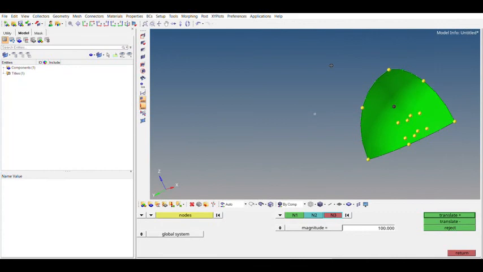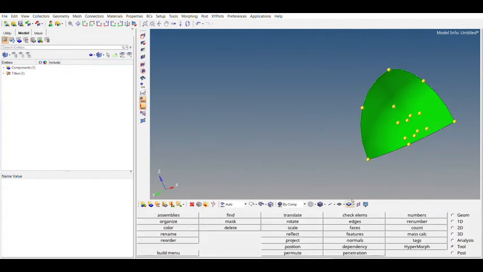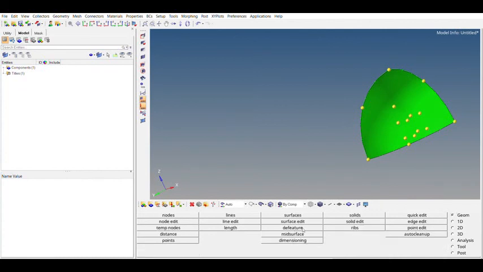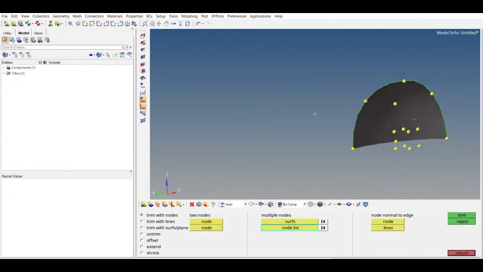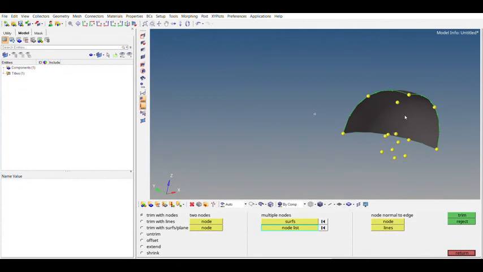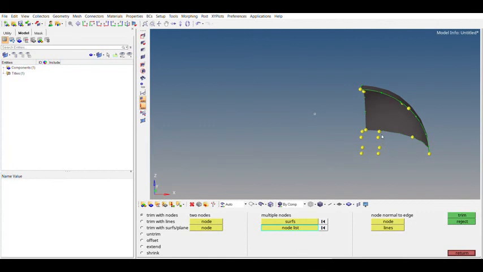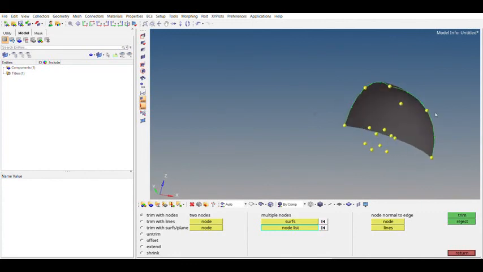Okay, now what can be done is splitting the surface. For splitting, I'll go to geometry, surface edit. I'll choose the multiple noding. I will go to surface, and select node list. Now I can see that this surface needs this. I will select the surface so that the available surfaces of the cube are directly related to the facing surfaces of the sphere. So this can be made like this node and this node.